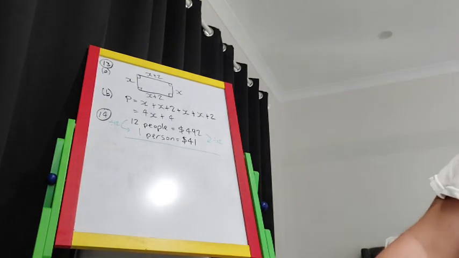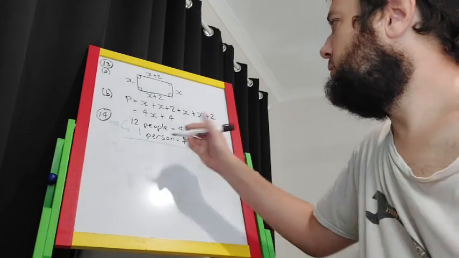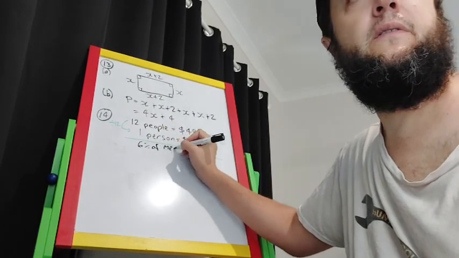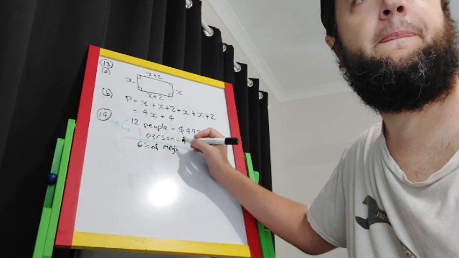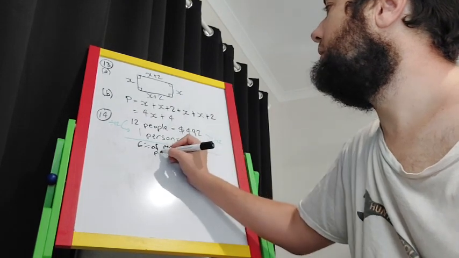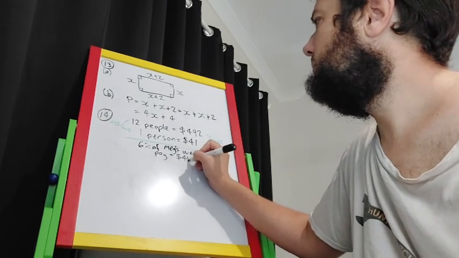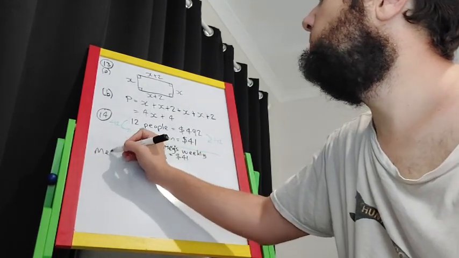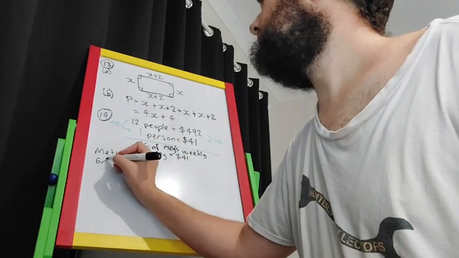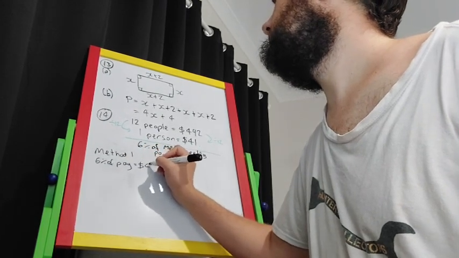All right. So what we've determined at this point, let's write this here, is we know that 6% of Meg's weekly pay is $41, okay? So method 1 is similar to this. If 6% of the pay is $41,